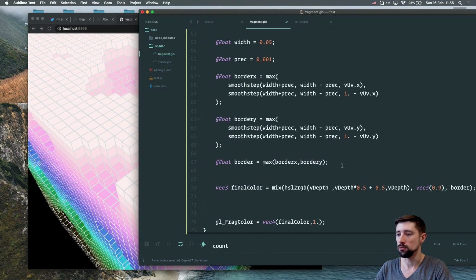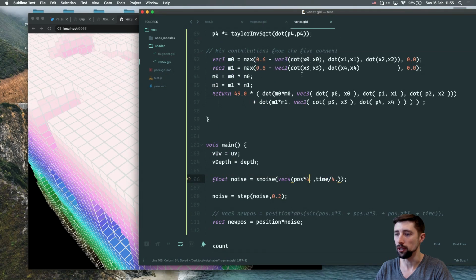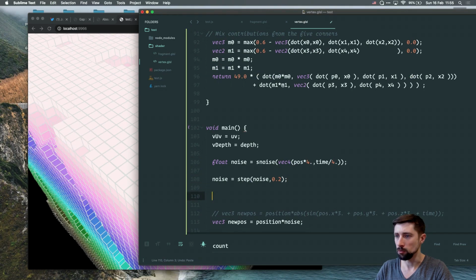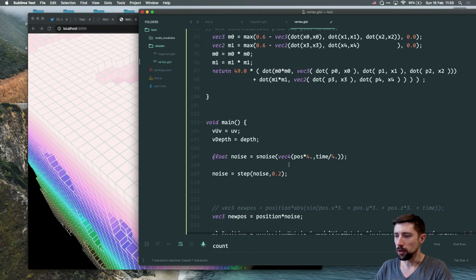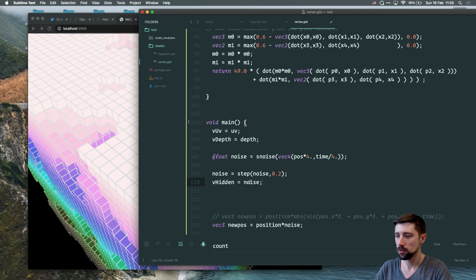And just do the, oh, it's not here, well, I mean here too, but I'm gonna put it here, variant v hidden, and this v hidden is gonna be equal to this noise,